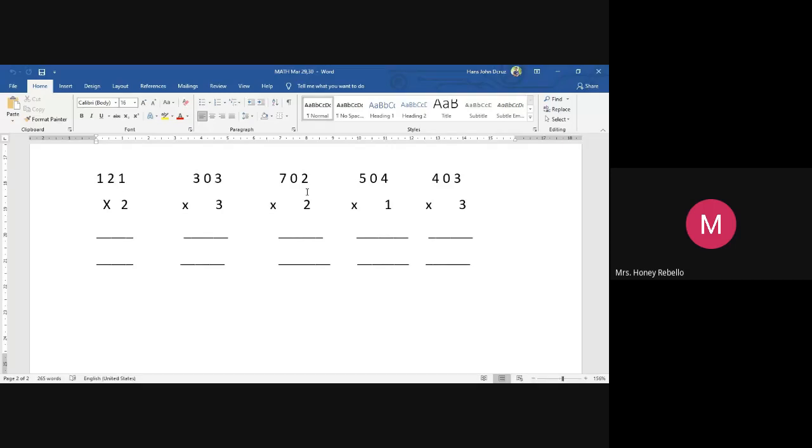121. Children, you have to listen carefully, because when you say each number, there should be clarity, like 121 you must not say. 121 into 2. Exactly like this you have to write. 121 into 2. Now, I will be asking some children to complete these sums. Let me take the list.